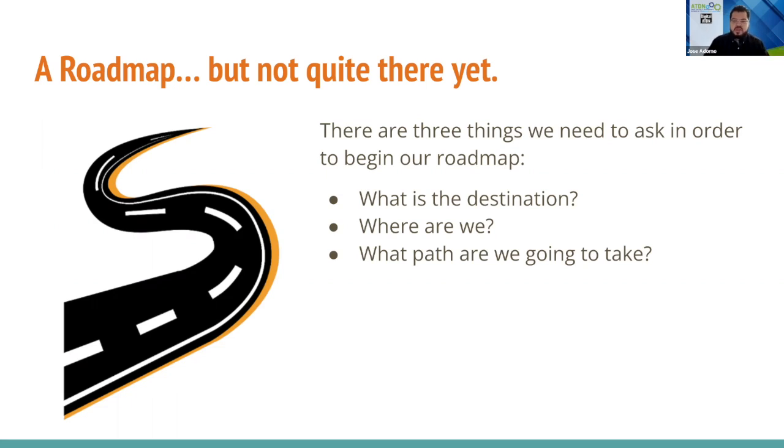So there are three things we need to ask in order to begin our roadmap. Either we're planning a trip or we're trying to go somewhere. We're looking at GPS, right? So number one is what is the destination? Where are we going? Number two, we need to know where we are. And number three, what path are we going to take? And with this in mind and how we're jumping into the data,